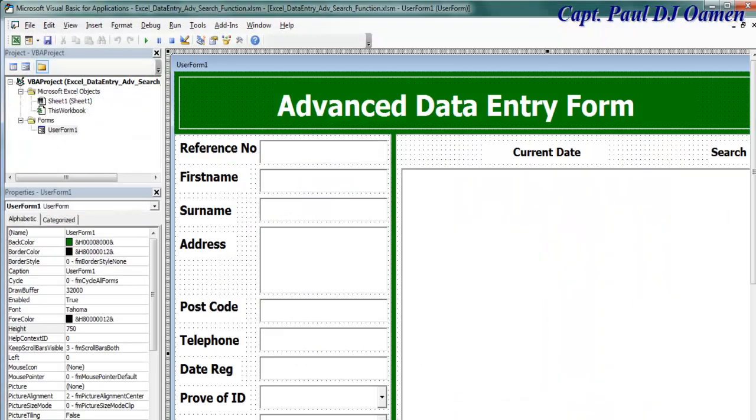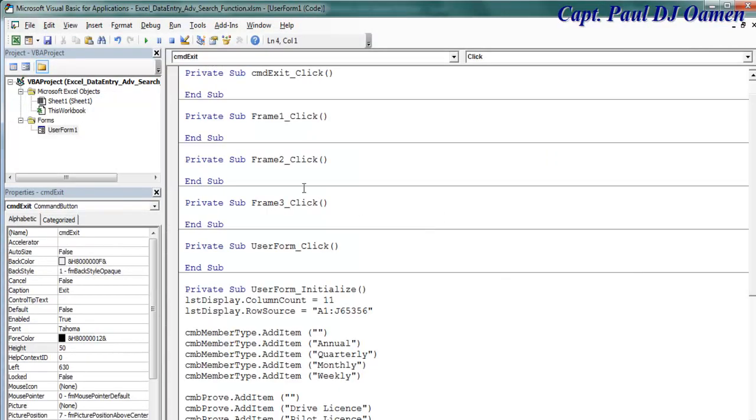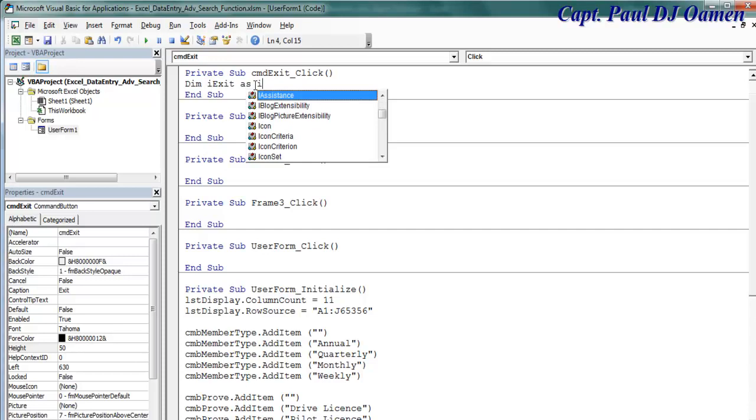Okay, now let's try and take care of exit. So close that, and let's come right here. We need a button exit. Scroll right down, double click on exit, and right here that is the procedural area for the exit. As for the exit, the first thing I like to do is to define the following variable. I'm going to say dim, which means declare, and that's my exit variable. I exit, and I'm going to call that as, let's go for integer. No, we might as well use VB message